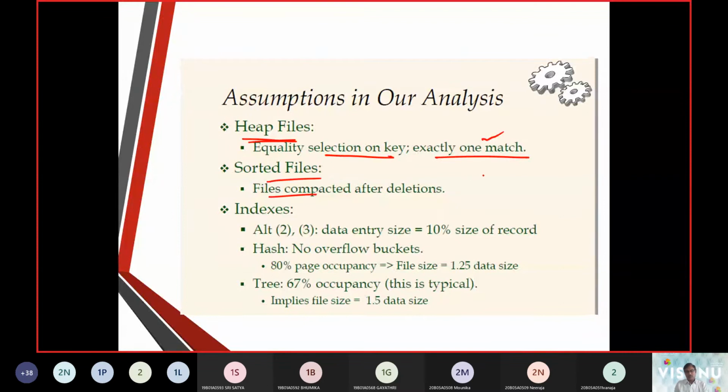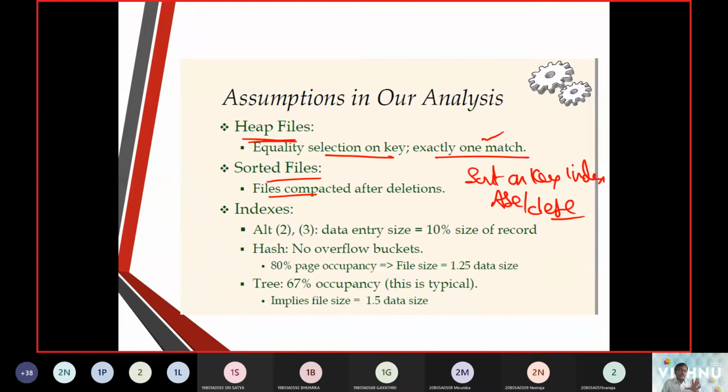Sorted files, there is nothing much to discuss. We sort on the key index, either in ascending or in descending order. So there is nothing much to take up on a sorted file.